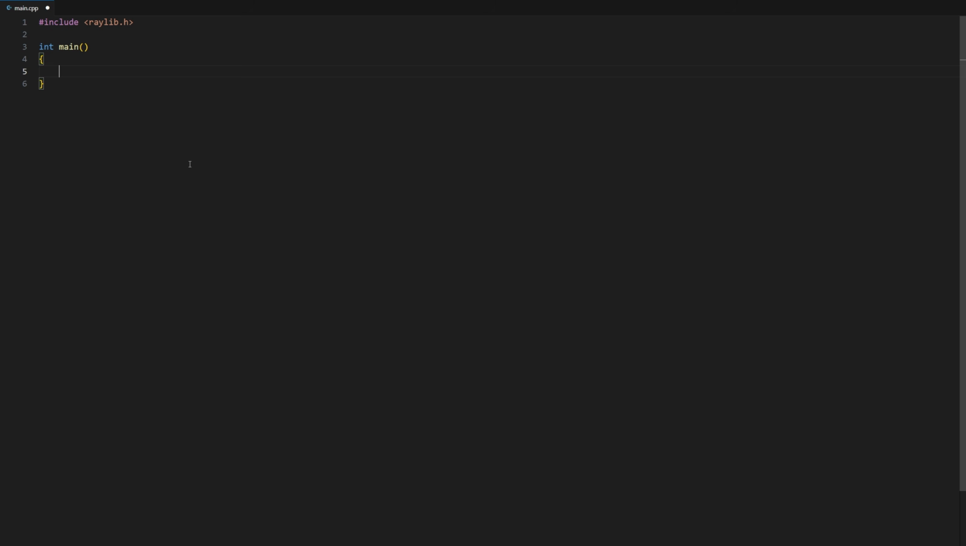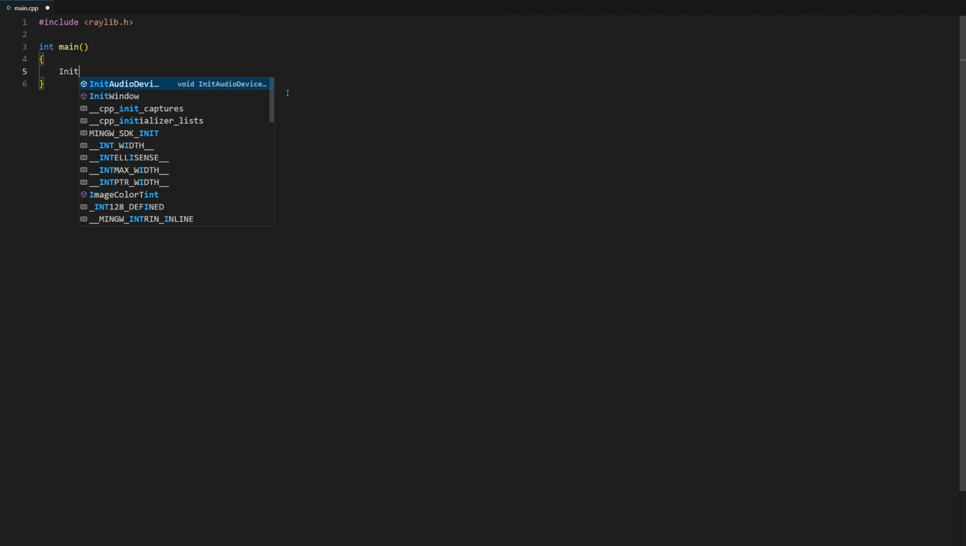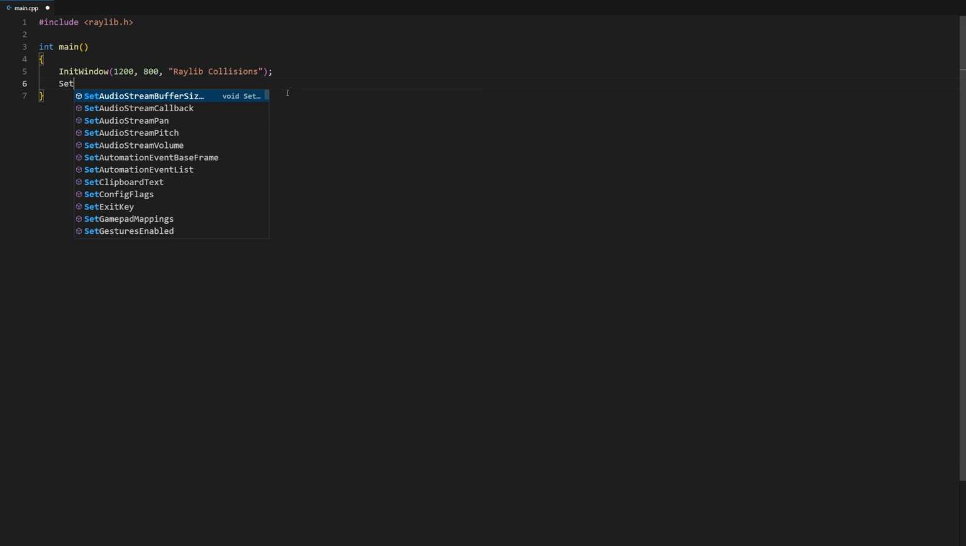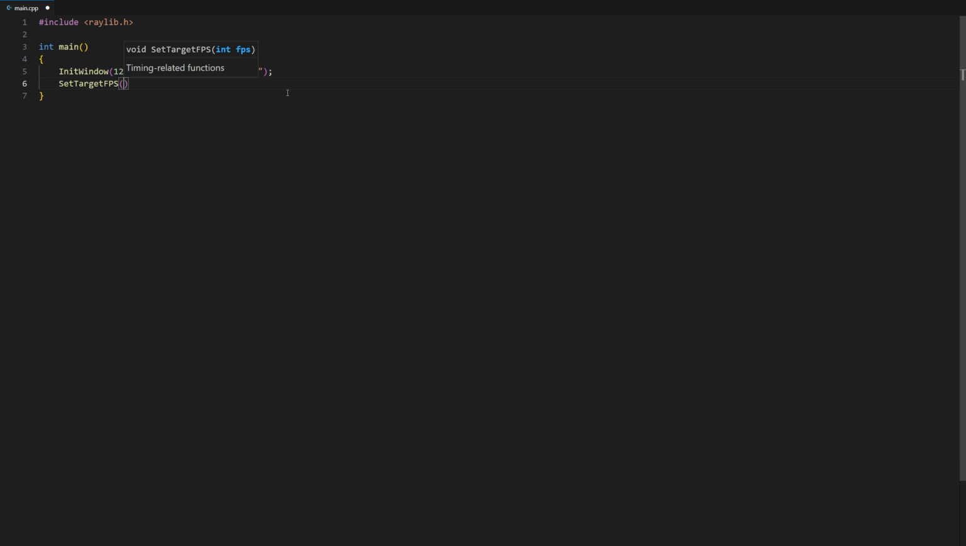First, let's create the game window. InitWindow(1200, 800, "Raylib collisions"). Next, let's set the target frame rate for our project. SetTargetFPS(60). Now it is time for the game loop. while (WindowShouldClose() == false) {